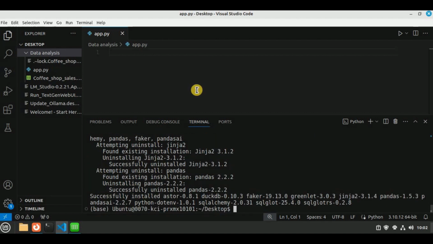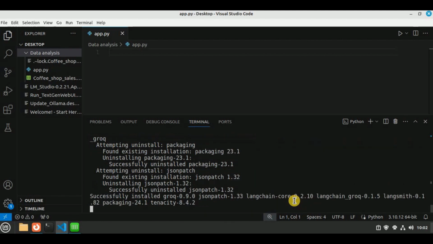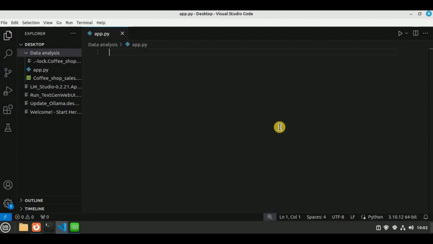Once this is done, next we also need to install the LangChain Groq model in order to be able to use its chat capabilities. For that, I'm gonna once again run the command pip install, and this time I'm gonna ask it to install langchain-groq, and you'll see that it will start downloading and installing the package. Right, so once both of these packages have been successfully installed, now we are going to move towards the next step, which is to import the necessary libraries from the packages.